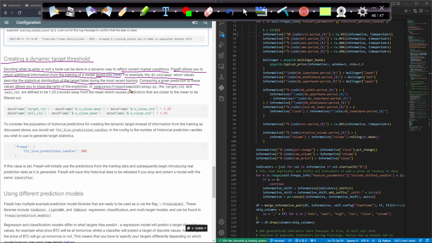In the templates FreqaiExampleStrategy.py, the target ROI and sell ROI are defined to be 1.25 z-scores away from the mean, which causes predictions that are closer to the mean to be filtered out. Okay, so it's basically saying that, if you know about Bollinger Bands, suppose the price is trading sideways for a while, and then we see some huge spikes, meaning we saw some movement in the market. Okay,